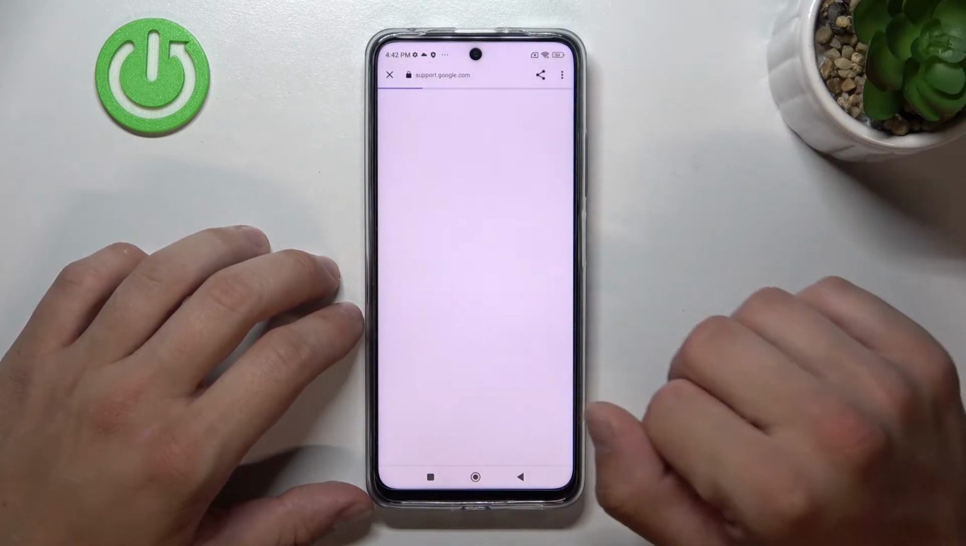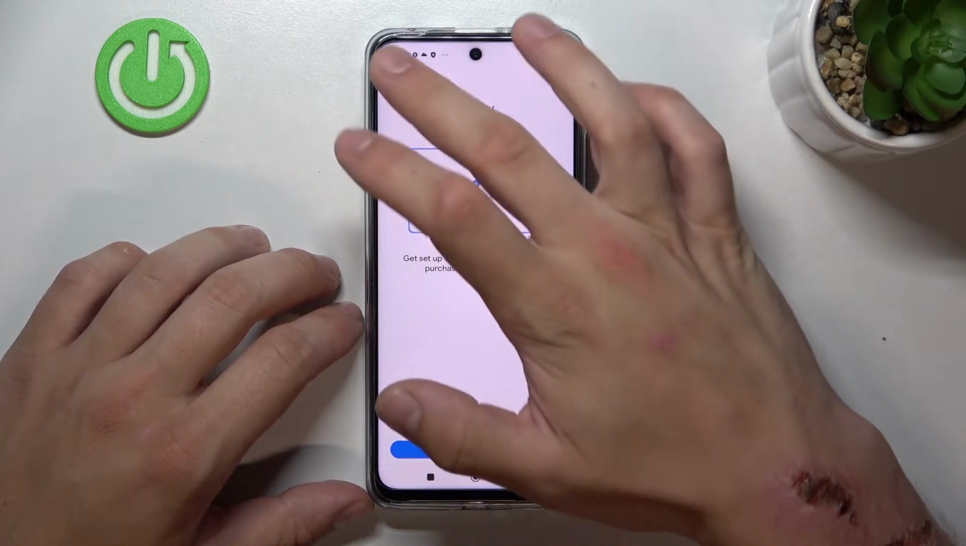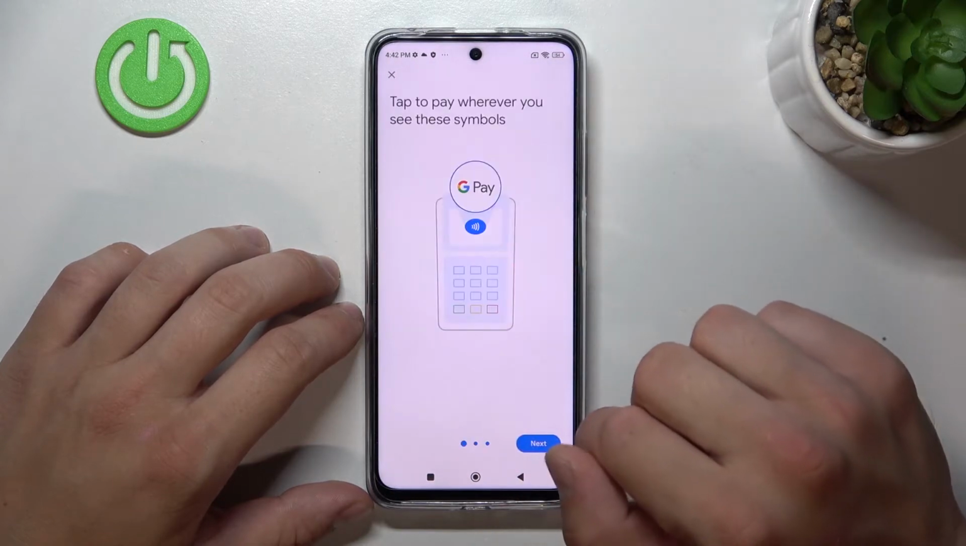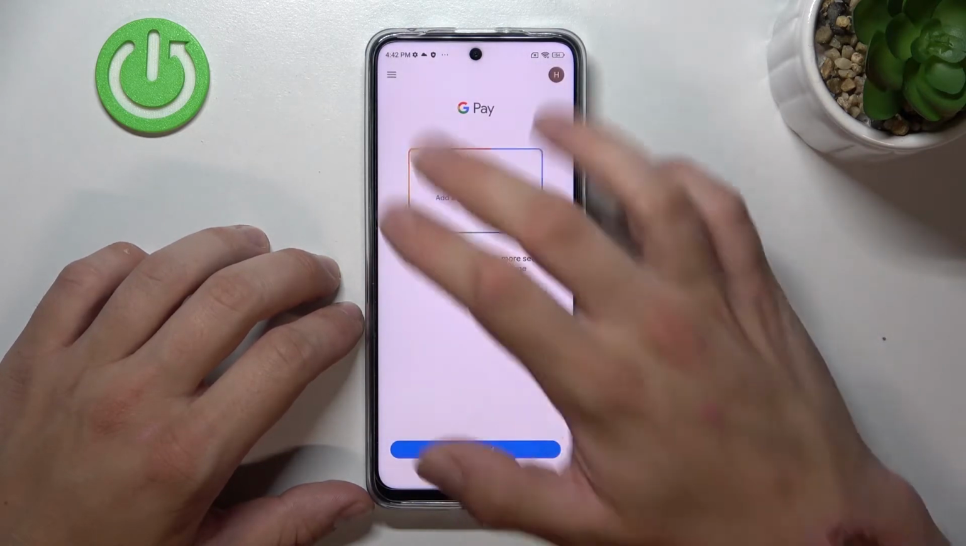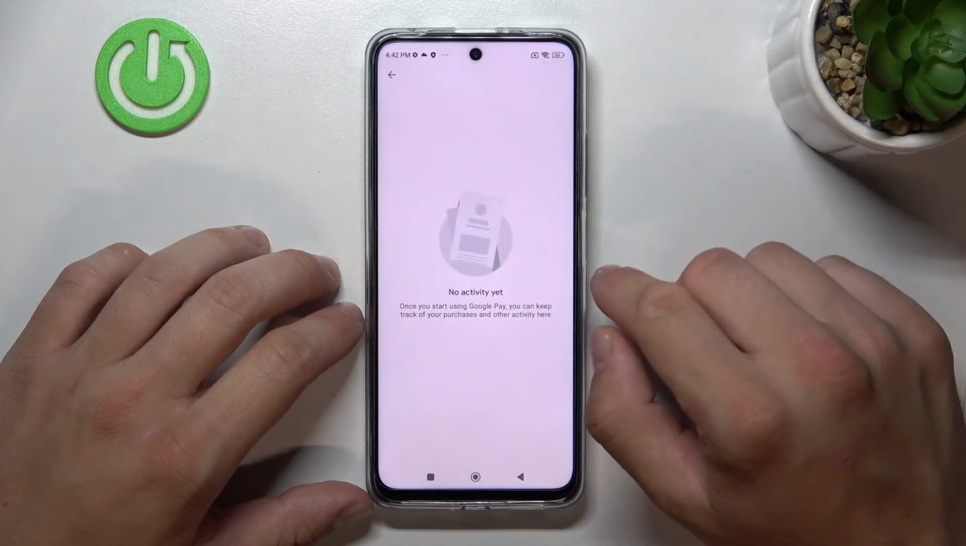full list of participating banks, tutorial about how to pay, your activity,